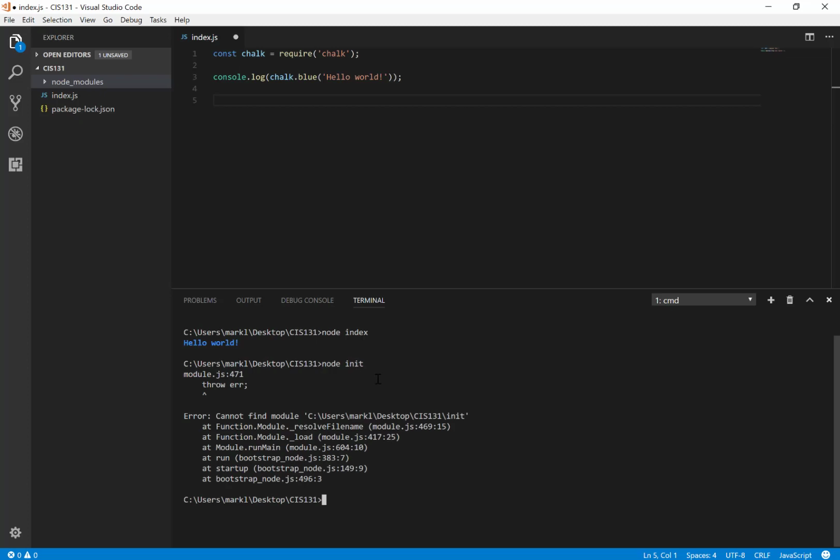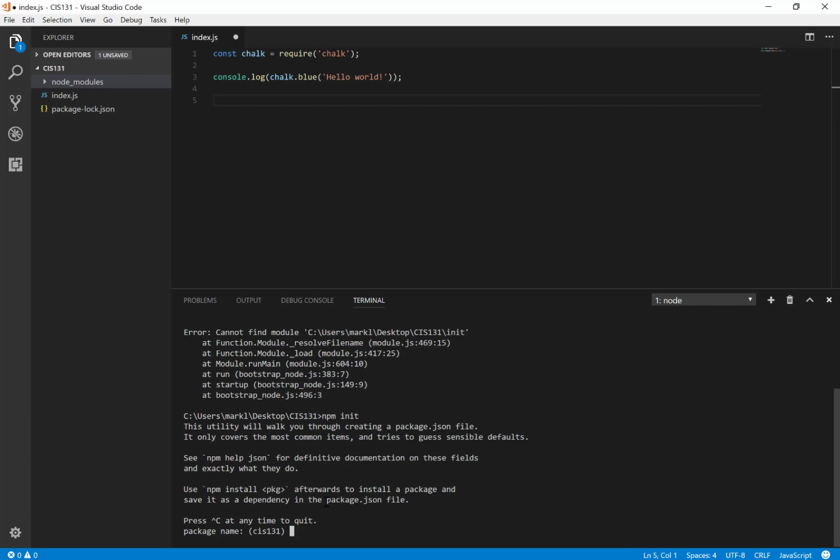That's not good. What did I do here? Node init, npm init. Okay. So I did the wrong word. I said node init and it should have been npm init. So npm init. So what I'm trying to do here is create a package JSON file automatically for me, and